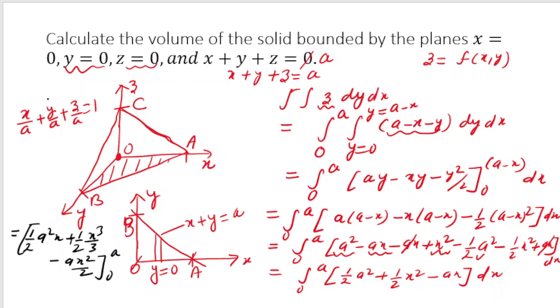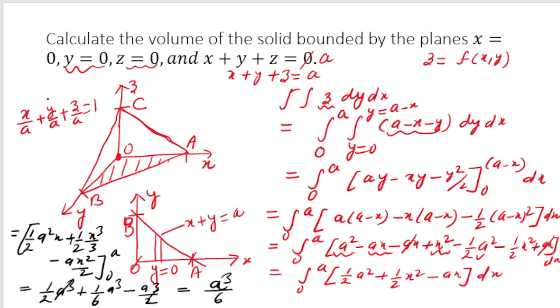If I put in the limits, what will I get? If I put x equal to a, half a square into a gives half a cube, plus 1 by 6 a cube, and minus, if you put a here, a into a square, so a cube by 2. If you put 0, all the terms become 0. So this a cube by 2 and a cube by 2 will be cancelled. So what I will get is a cube by 6,